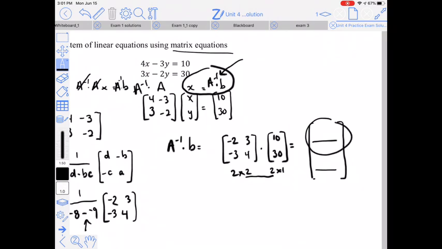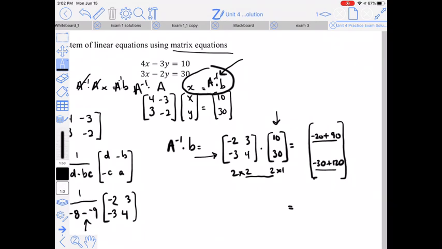So this entry right here is in row 1, column 1, so I need row 1, column 1. So that's going to be negative 2 times 10, which is negative 20, and then that's going to be 3 times 30, which is 90. Now, the next entry, this entry right here is row 2, column 1, so I need row 2 and column 1, so that's going to be negative 3 times 10, which is negative 30, and then 4 times 30, which is 120, and